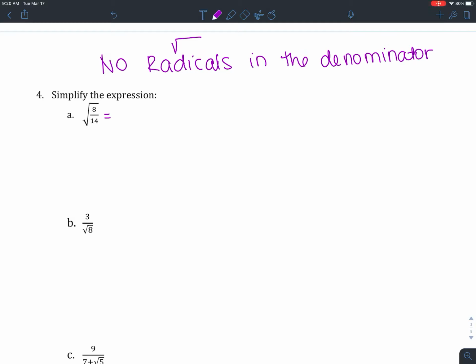Here I have an entire fraction inside. I see both 8 and 14 can simplify by 2, so I'm going to make that 4 over 7. I like dealing with smaller numbers, so if I can simplify because they're both inside the radical, I'm going to do that first. You don't have to, it just makes the number smaller. Now, because you're square rooting both top and bottom, we can think of it as the square root of each individually. Square root of 4 is 2. Square root of 7 doesn't